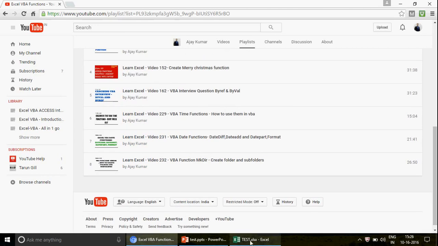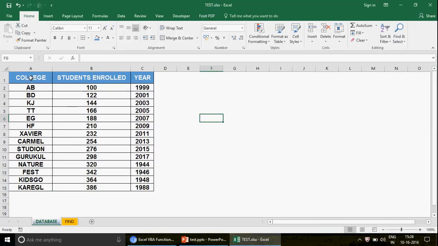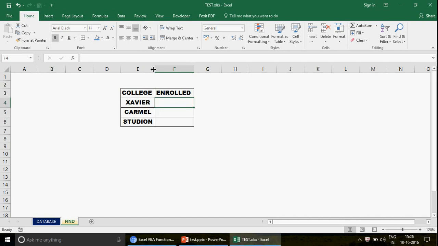Okay, so now I have created this dummy database where you have the college, and you have the students enrolled, and you have the year, right? So in another sheet, if you see, we have got the colleges, right? Xavier, Carmel and Student. So now what we want to do is run a VLOOKUP function here,